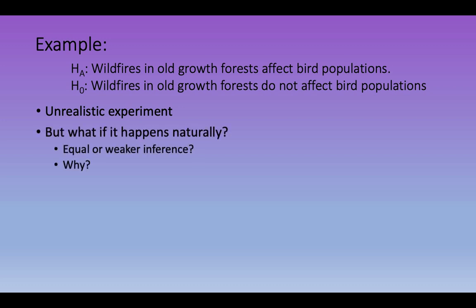And additionally, okay, we could say, well, what if it happens naturally? Like, there are natural experiments, something burns. Well, is that really the same thing as an experiment? Is the context the same? Do I really have a control and a treatment? Is it equal? Do I have replicates? Can I show that it happens in more than one case? What if it happens in two different years? Well, the weather was different the year before. Does that matter? And does that affect how much inference I have when I try to apply this strict deductive framework?